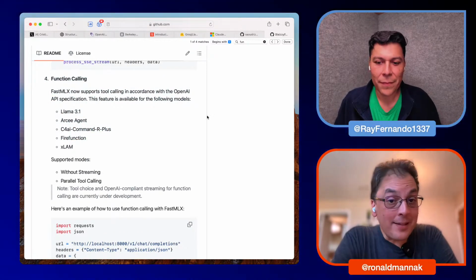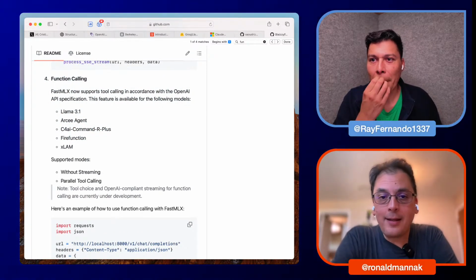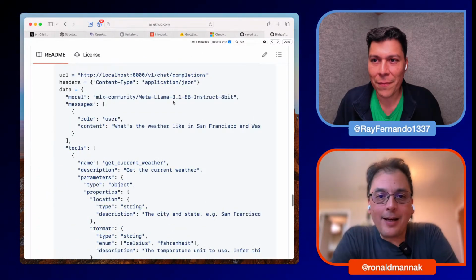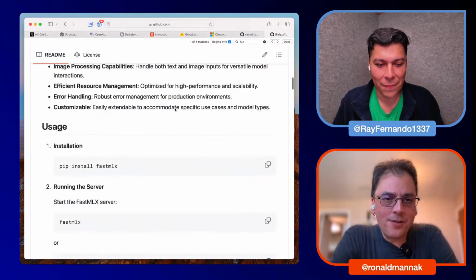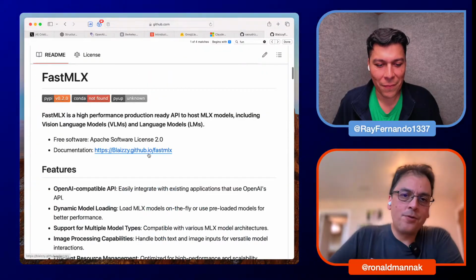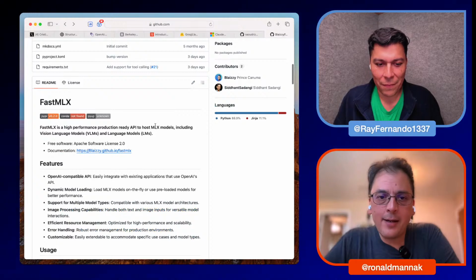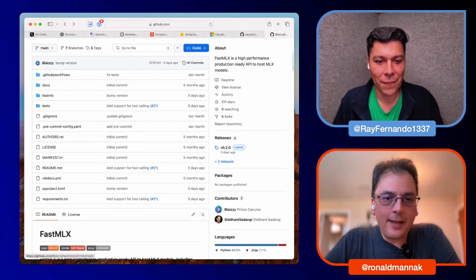So you can use basically any LLM client that is compatible with OpenAI, which is a lot, and connect that to your local FastMLX server, just as you would do with Ollama. It is really neat.